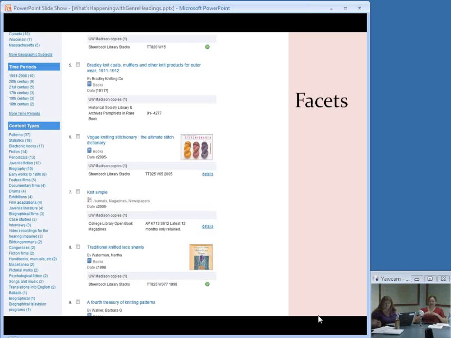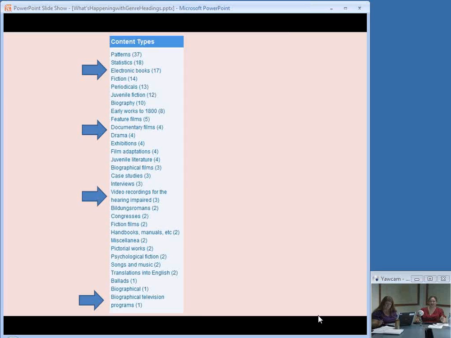Yeah. So I think an interesting way that a lot of newer systems are making use of genre terms is to provide facets that you can narrow after the fact. There is a content type facet in this catalog. I believe this is the University of Wisconsin at Madison, and I would load that up a little bit for you. You can see that things like documentary films or the video recordings for the hearing impaired, biographical television programs, those are genre terms. Now there are also, I can tell that they probably brought in other sources of terms for their genre index, things like juvenile literature or,